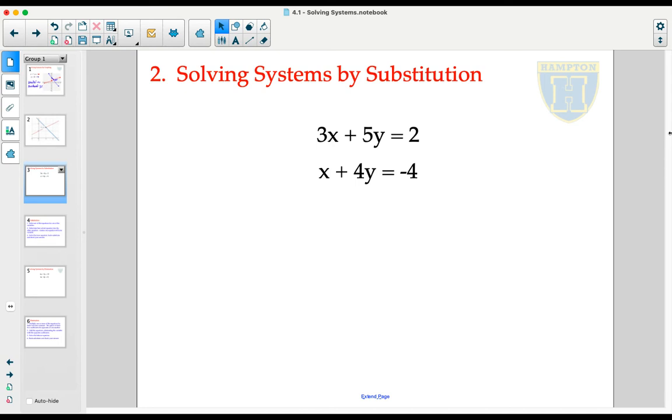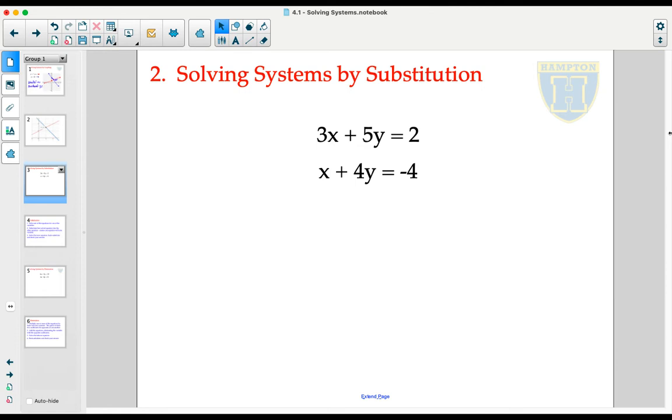We have two algebraic strategies for solving a system of equations. Our first algebraic strategy is called substitution. Substitution requires us to solve one of the equations for one of the variables and then substitute that information into the other equation. When you're given a system and asked to use substitution, it's best to take a look at